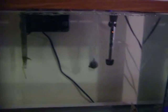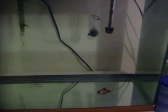I've only got the heater on, it's set to 68 because it gets really cold down here. So it keeps it from going too low for him. They are cold water, but these ones aren't quite that much. This just keeps it from going below 68. They like it between that and about 74, I think. But,